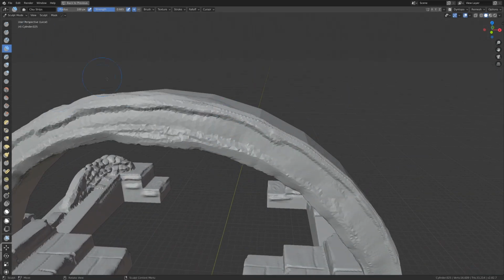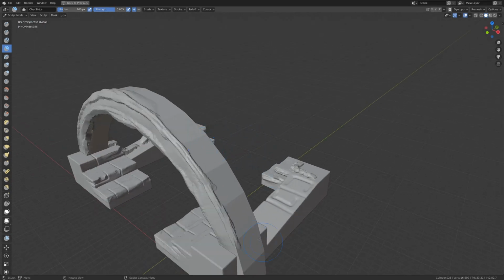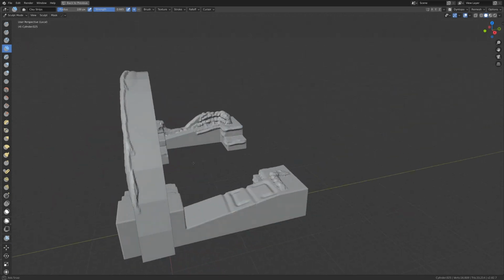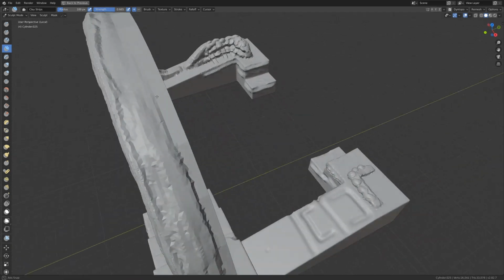Okay, so we've got some basic clay strips going on here. Got a little bit of definition going on, that's not bad. If we just hit this with a little bit of, oh, that just undid all my hard work. Let's try that again. There we go, we can just get a little bit of definition, a little bit of detail,